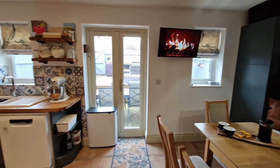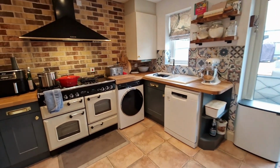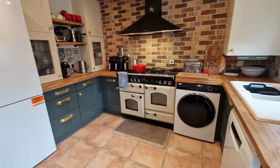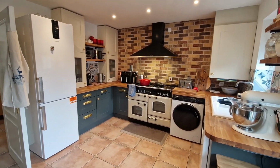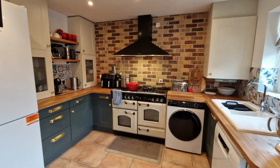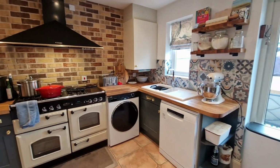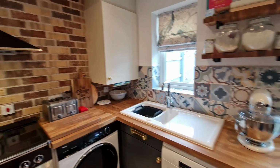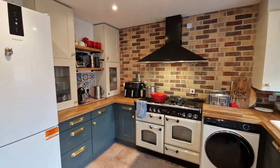And as I come in round past the French doors, you will then see this fantastically improved and modernised kitchen, really lovely and beautifully well designed, really current in its colours and choices. You've got plenty of space for a big fridge freezer in there. You've got a fantastic range style cooker in the middle, and then lots of units. You've got space for the washing machine and also the dishwasher, and a really lovely ceramic sink. I particularly like the kind of different choices of the different tile, the brick effect, but also the tiles